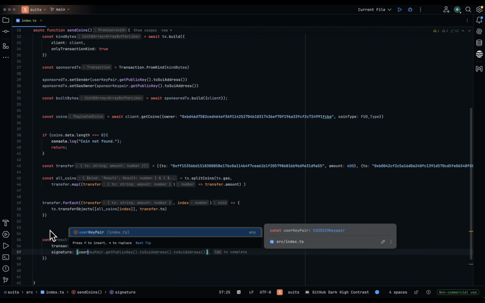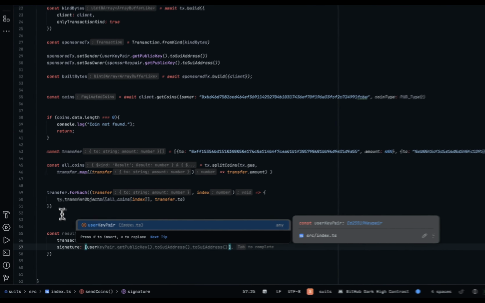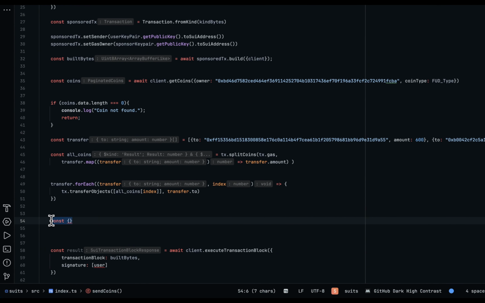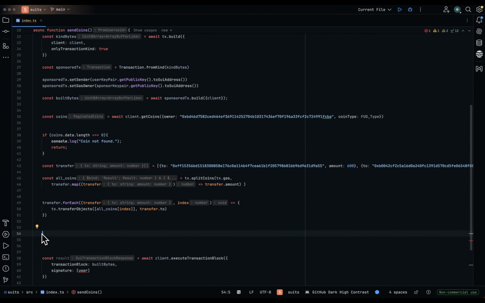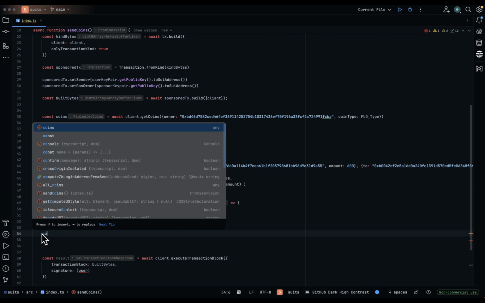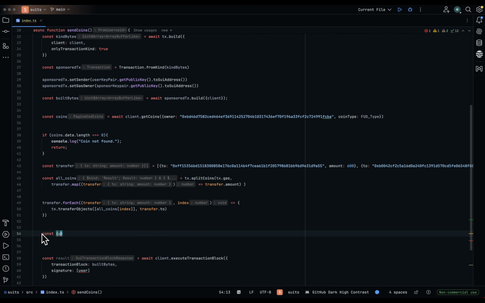So it's user signature. First I actually have to create the user and the sponsor signatures, because if I do that here, it's going to get a whole lot messy. So I'm actually going to have to declare two signatures, right? One of them is going to be for the user and the other one is going to be for the sponsor. So I'm just going to go ahead and do that. So signature, user signature,